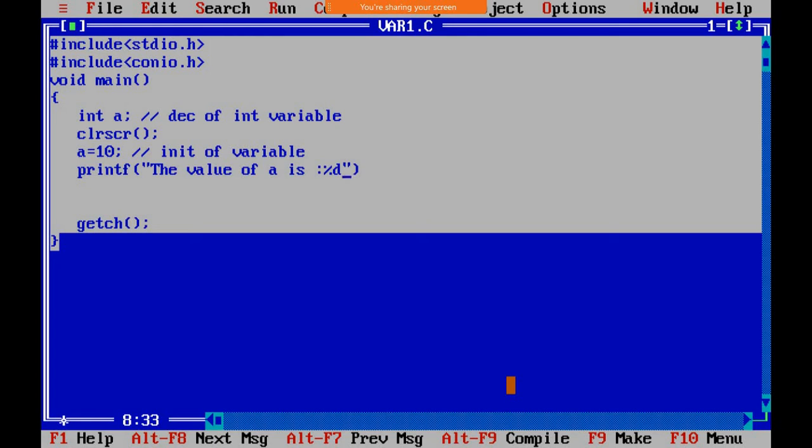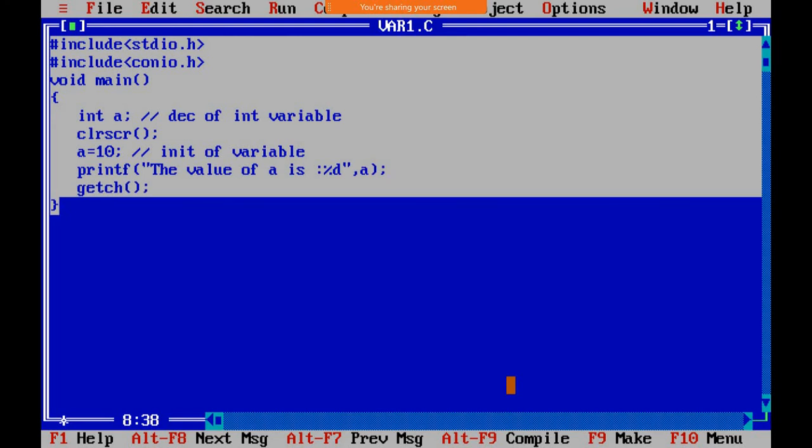And in the earlier section we already discussed, format specifier is used to store and print the value. Okay, so %d use करना है. Separation के लिए here we need to specify the comma. After that we need to specify the name of the variable. इसकी value print करना है, तो here we need to specify the a, because the value will be stored in a. So यहाँ a pass करना है. That's it. This is the simple program to print the value of a.